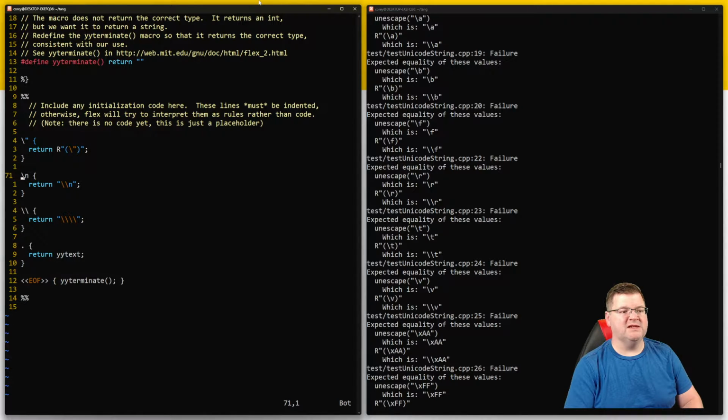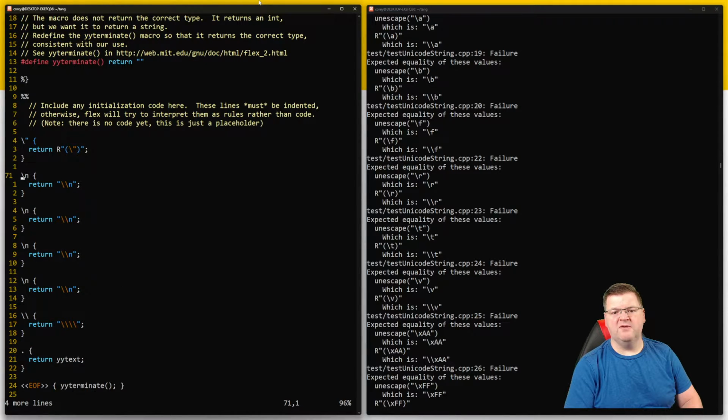So, just like we did this with the new line, you've got the A, B, F, R, T, V. Okay, so this is going to be A, B, F for the form feed, carriage return,